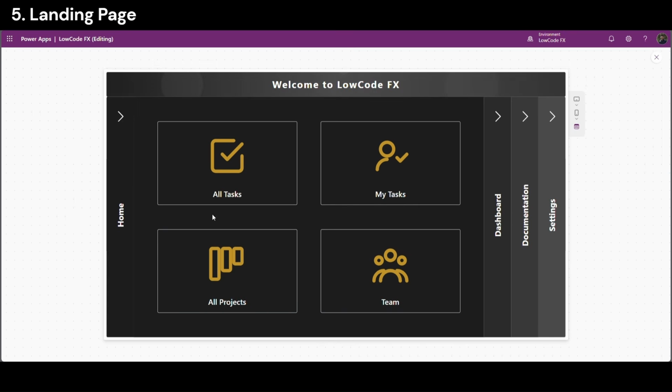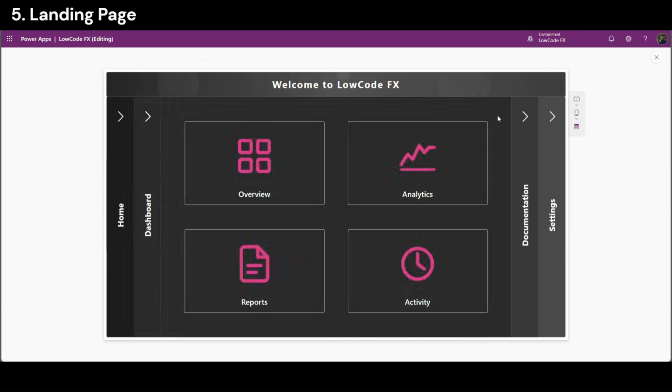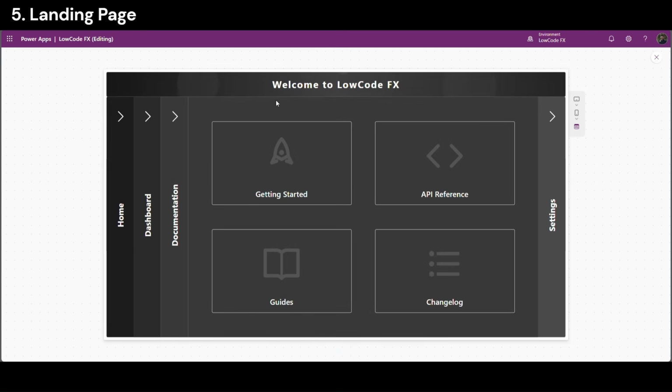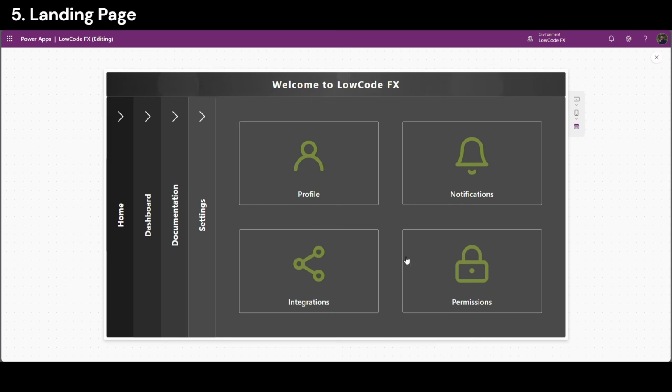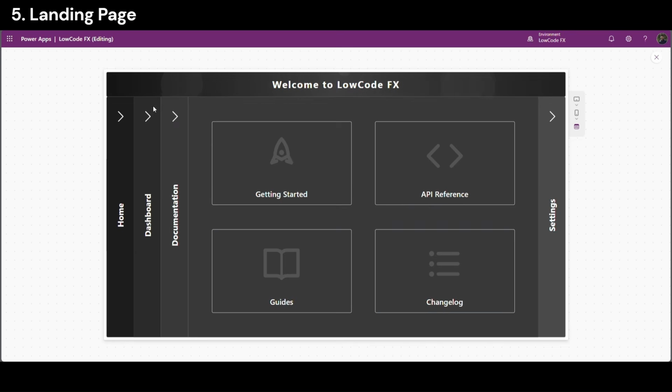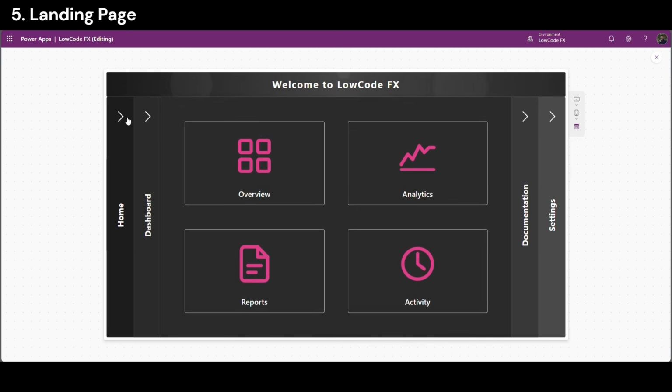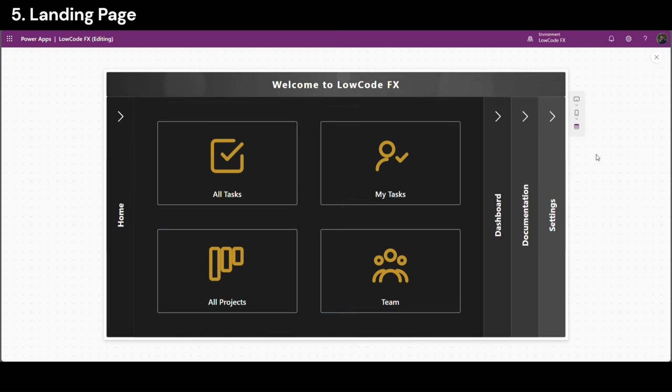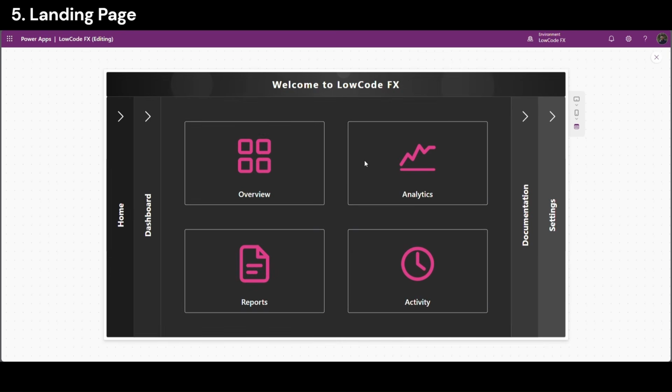So I have added all the icons here. If you see, for each tab we have a different color scheme. Documentation, dashboards, and home. This is very useful when we build a central UI where we need to add multiple